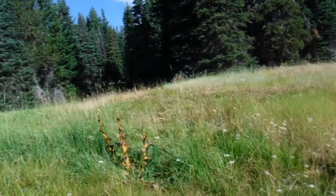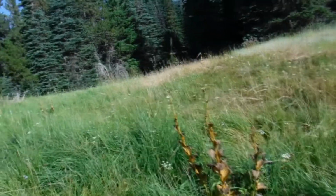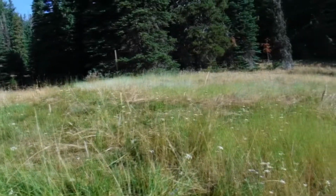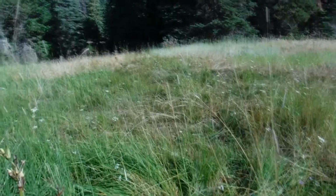But in this area, especially when I get closer up towards the top, I'll find more agates, and there are crystals in here also. I mean, up on the ridge you can go hunt crystal points and stuff, but in here you'll find a few once in a while, and some geode pieces. But the agates in here are